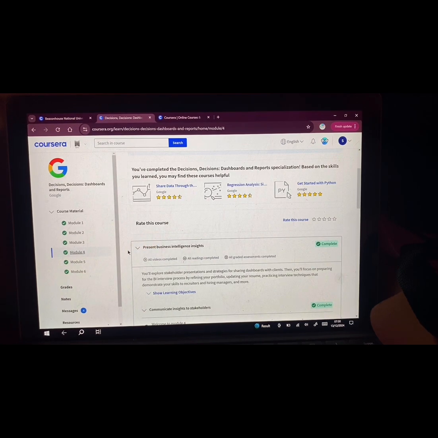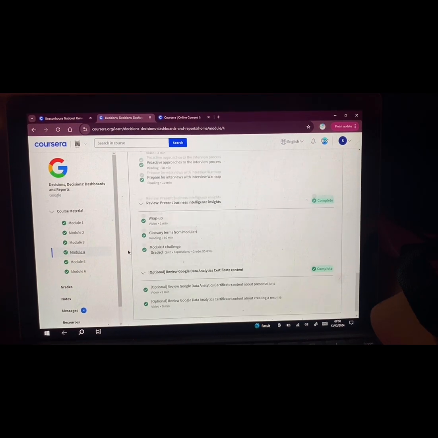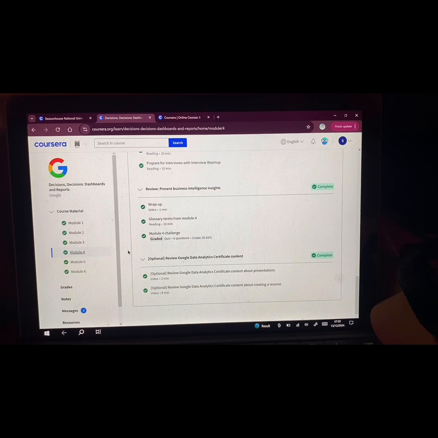Throughout this module, the quizzes assess learners' understanding of communicating data insights effectively, preparing presentations based on dashboard data, and developing clear and persuasive communication skills. They also test knowledge of crafting impactful resumes and portfolios, as well as interview preparation strategies for BI roles. Let's move on to our module 5,